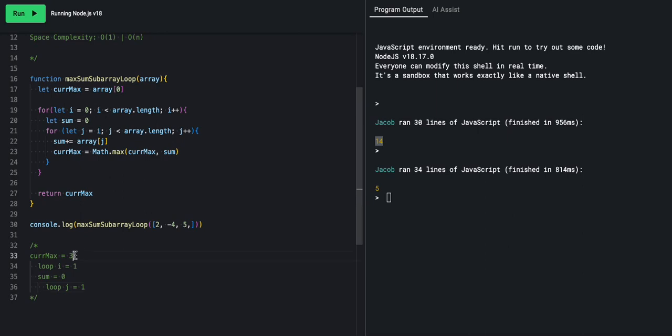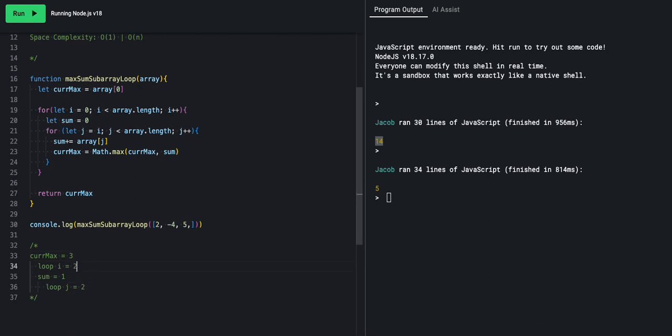So we start off with sum is -4. Then we compare -4 to 3. We keep 3, and we move ahead. j is now 2. So we add 5 here, so this would be 1. Then we compare this 1 to the 3. We keep the 3 because it's greater than 1. And then finally,